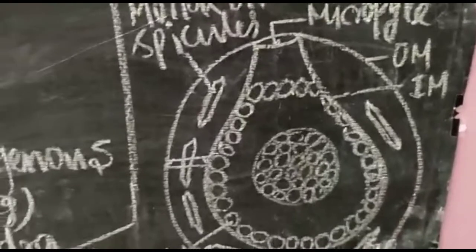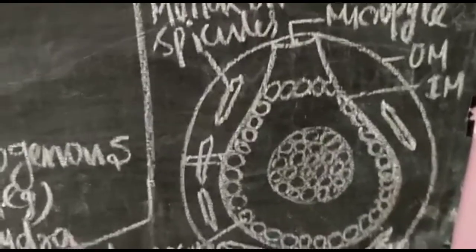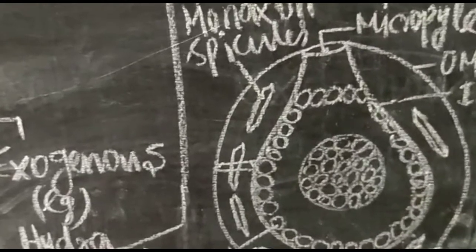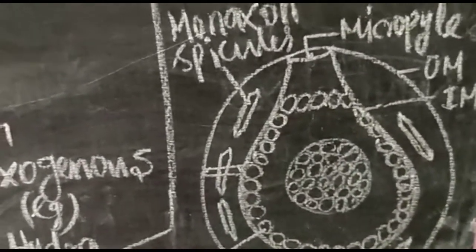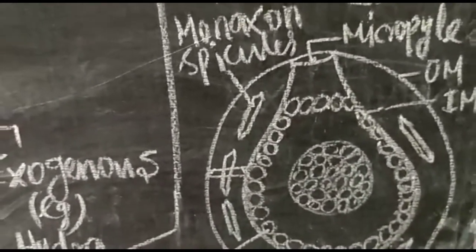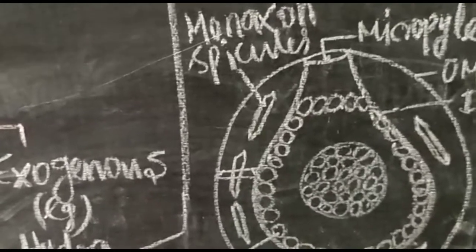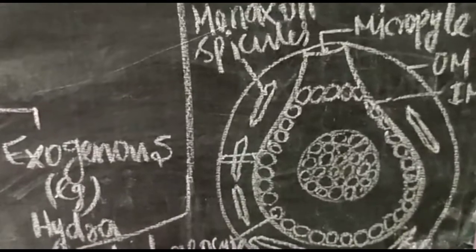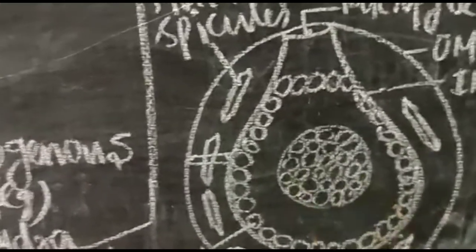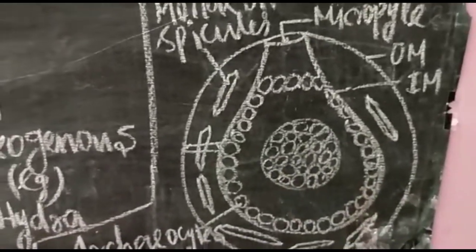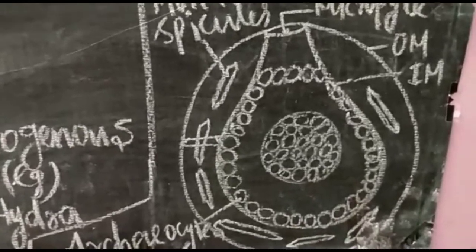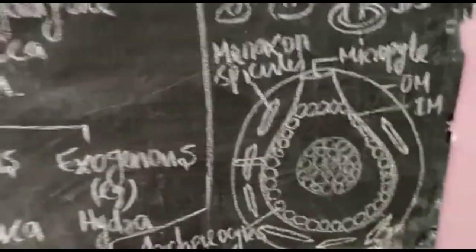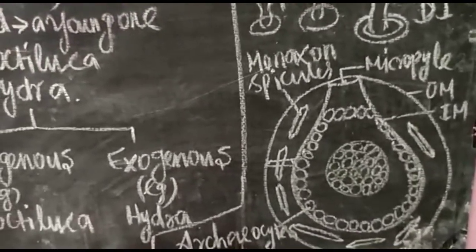Now, favorable and unfavorable conditions. During unfavorable conditions the sponge disintegrates, but the gemmules withstand the adverse conditions. When favorable conditions return, the gemmule begins to hatch and forms a young one. This is the formation of gemmules.